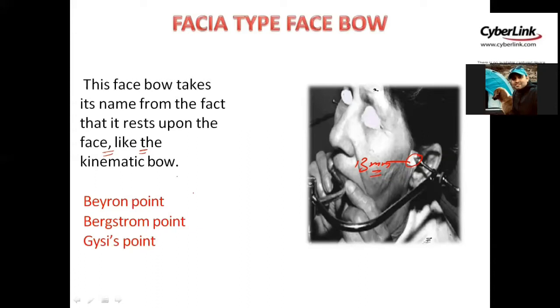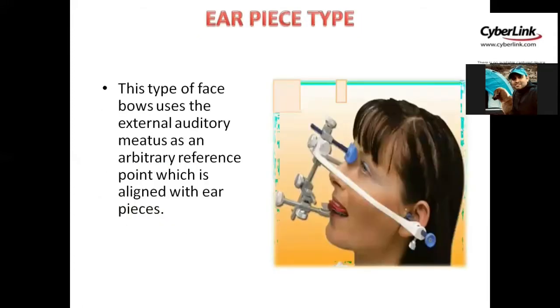Fascia type FACEBOW mainly use Baron's point, Bergstrom point, and Geissy point. I have discussed these points already. Then come to your earpiece type. So as the name indicates, the condylar rods, we have to place it in ear because they have earpieces. This type of FACEBOW use the external auditory meatus as an arbitrary reference point, which is aligned with earpiece, right? So in earpiece, the posterior reference point is external auditory meatus, and the anterior reference point is